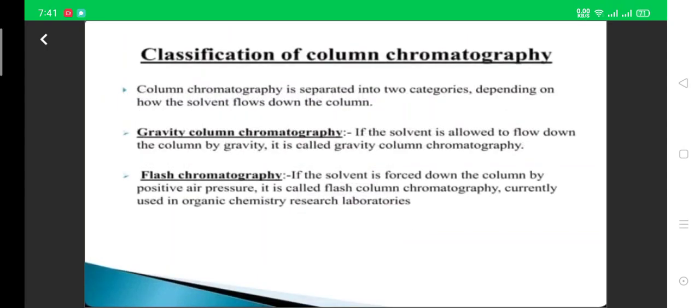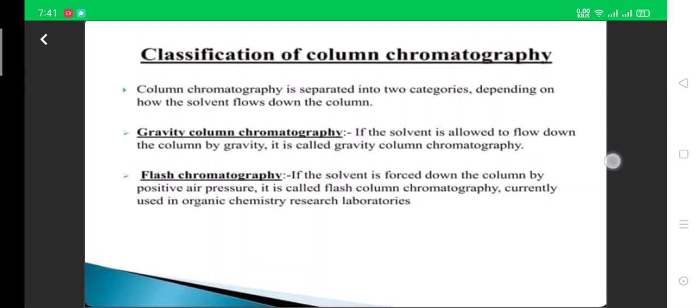Classification. There are two classes in column chromatography: gravity column chromatography and flash chromatography. If the solvent is allowed to flow down the column by gravity, it is called gravity column chromatography, and if the solvent is forced down the column by positive air pressure, it is flash chromatography, currently used in organic